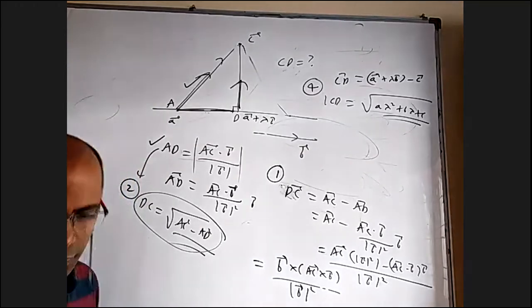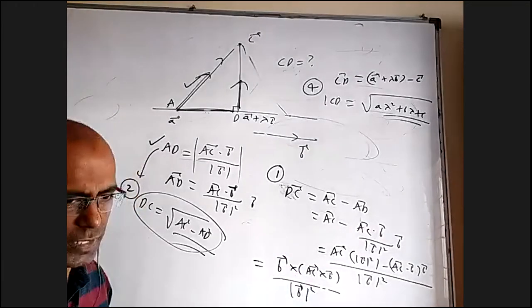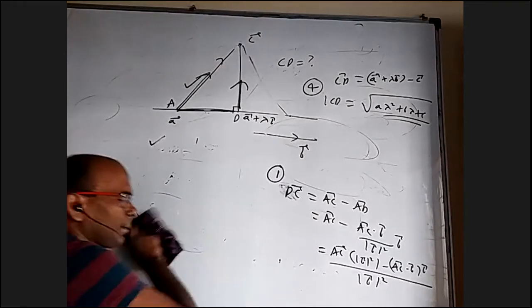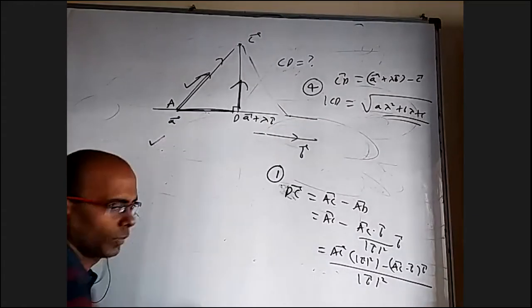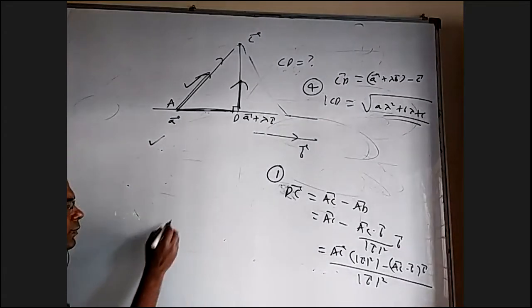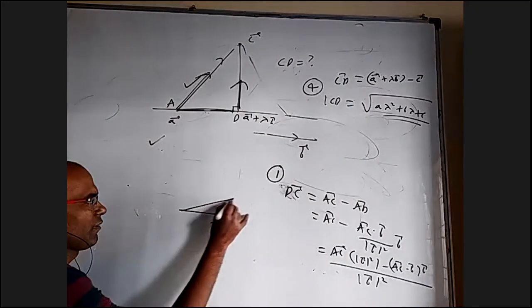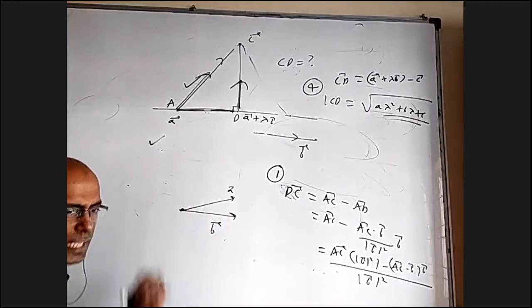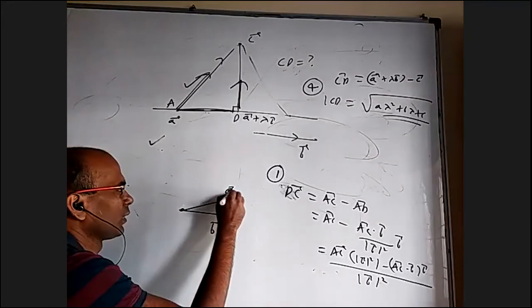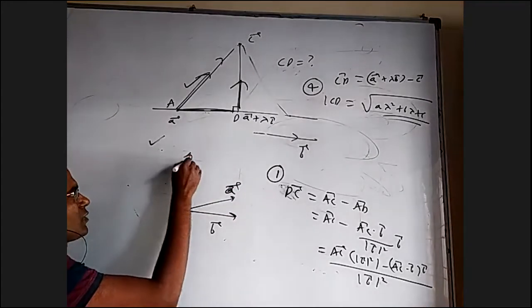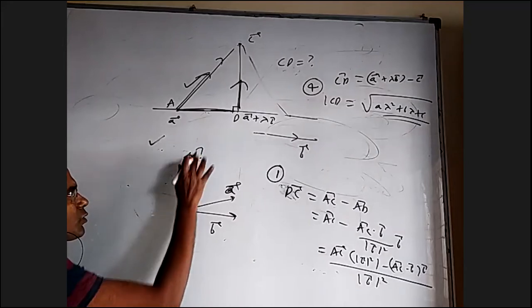Maybe I'll explain; it may not be so useful here. I'm just stating it. The point I'm making is, see, I have a vector b bar. I have a vector a bar. They're in the same plane. In the same plane, perpendicular to b, within this plane, there is one vector. What is that? That is the question.